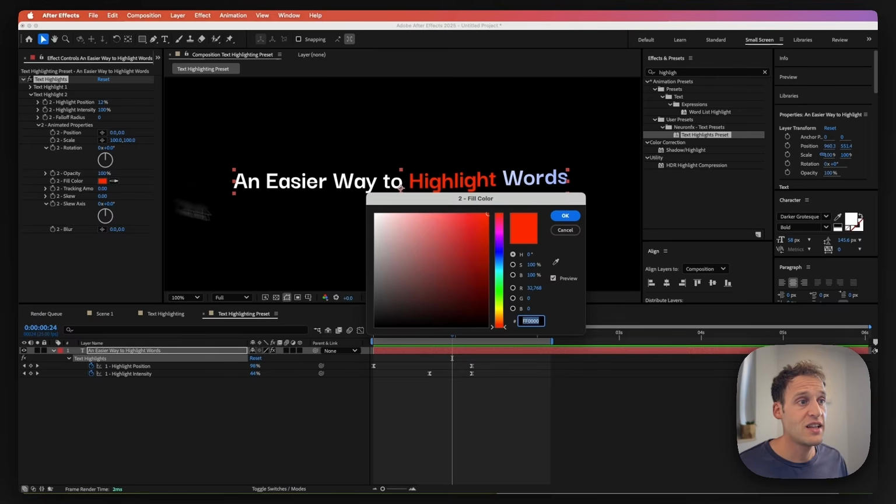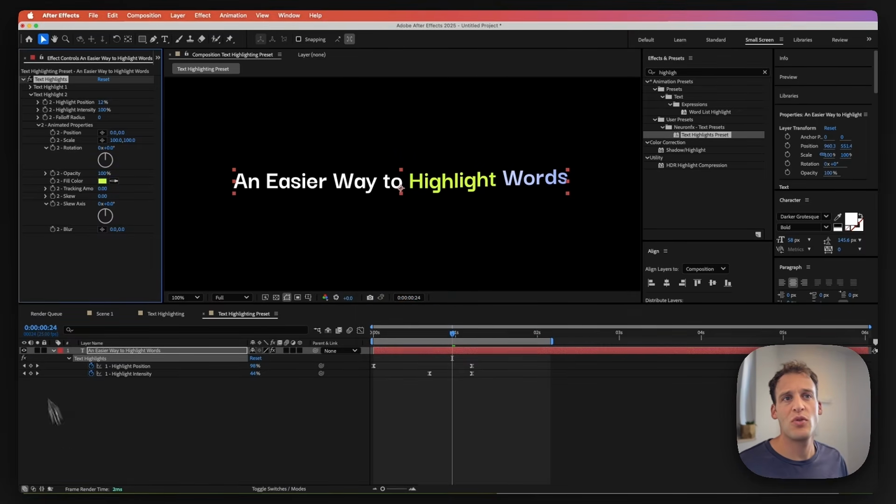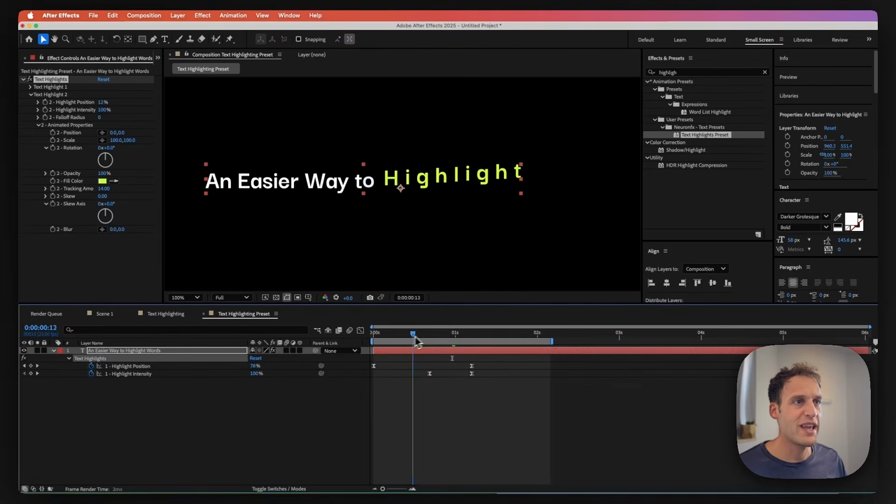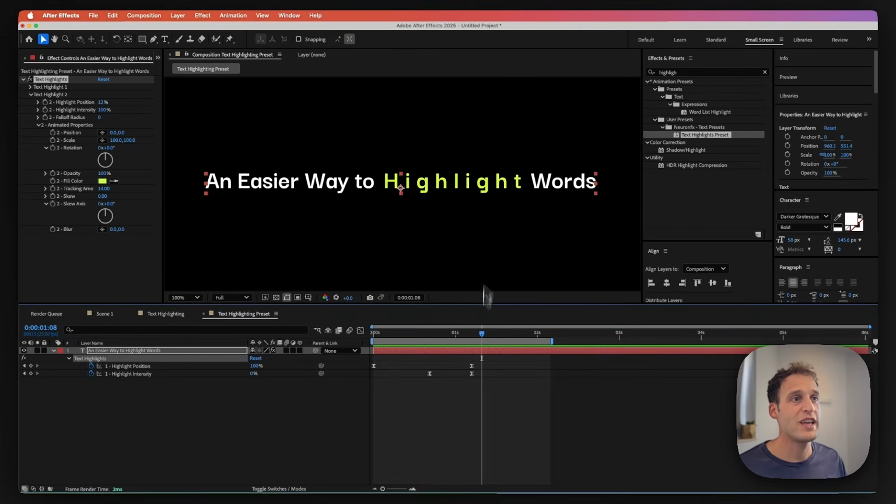Go to the fill color. Let's change it to a different color, something like this, for instance. And I'm going to also increase its tracking amount like this. Right now, my animation looks like this, but I would actually like this second highlighted word in here to appear